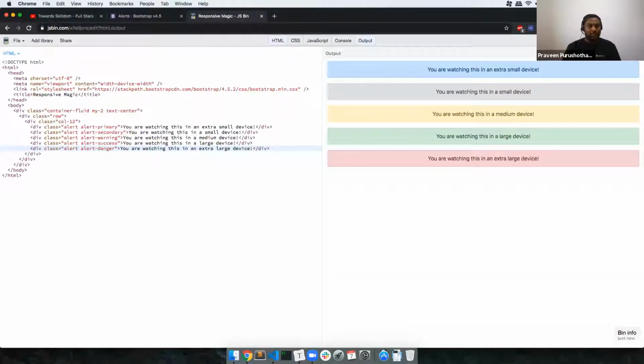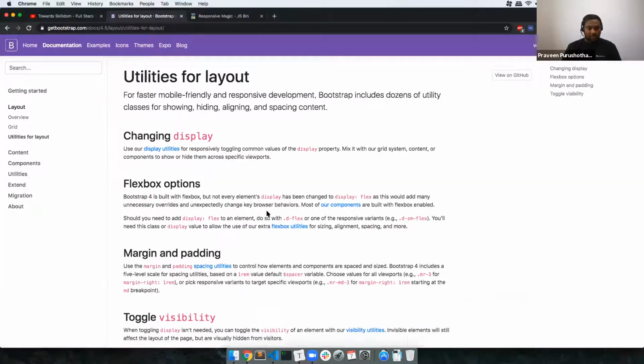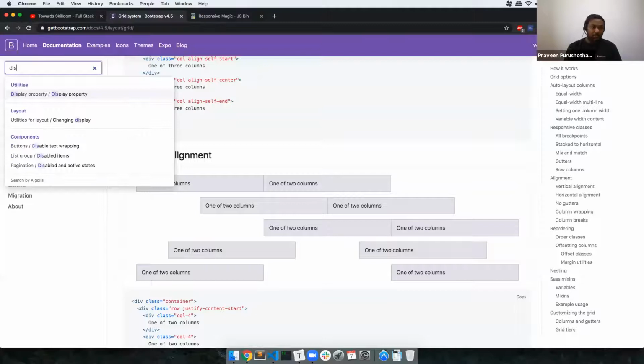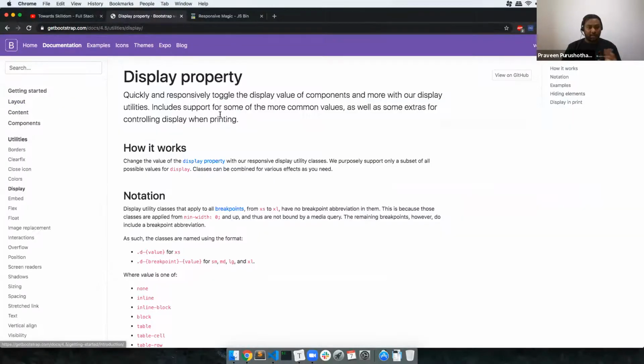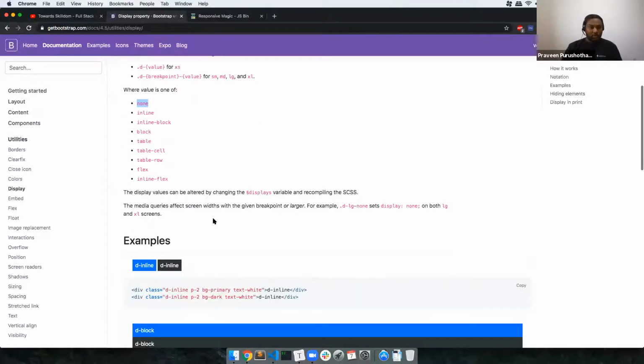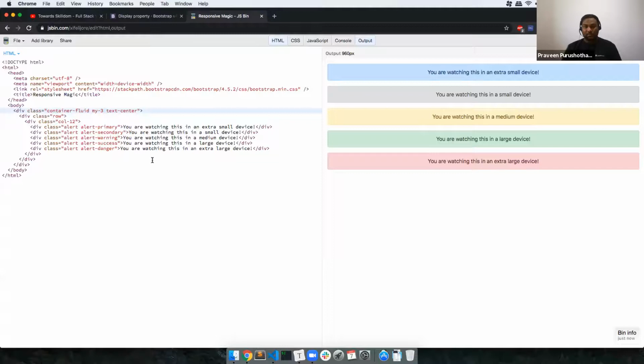Now, what I wanted to do is there is something called responsiveness in the layout. In utilities for layout, you have these kinds of breakpoints and options, grid system, etc. But for now, I'm just going to concentrate on the display property, because yesterday we saw display block and inline, but we forgot to see display none. None is something we need to use a lot, because display none will not show you what is happening in the element. So we'll make it my-3 here.